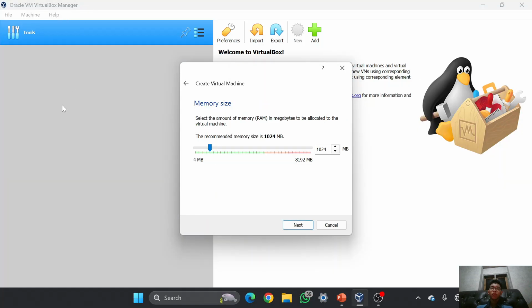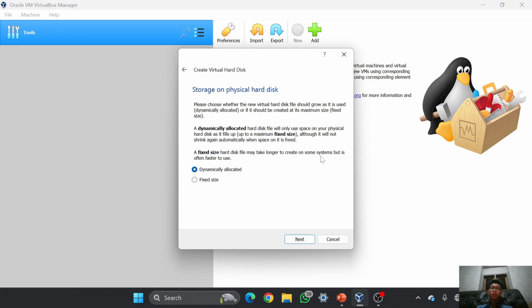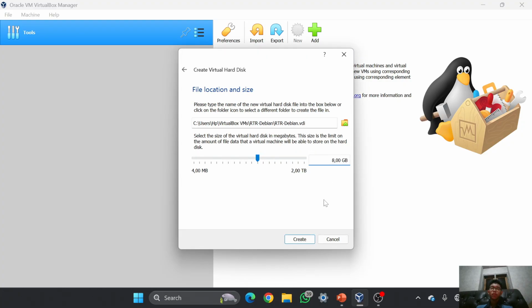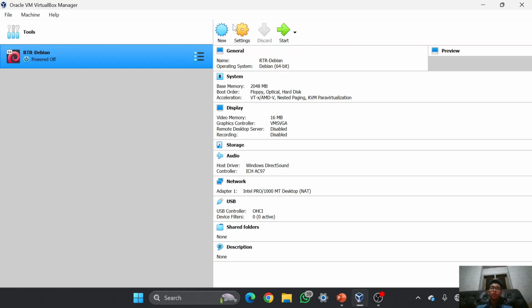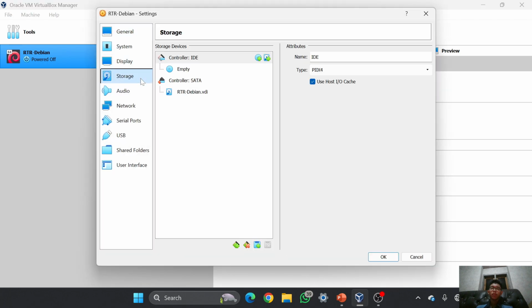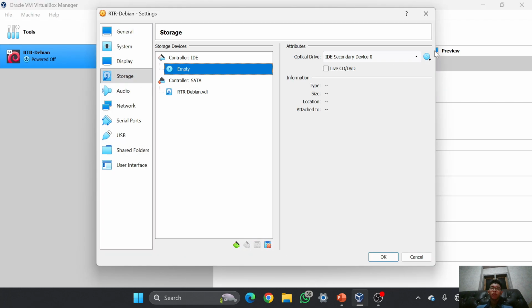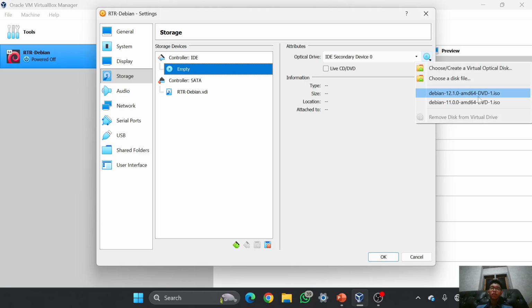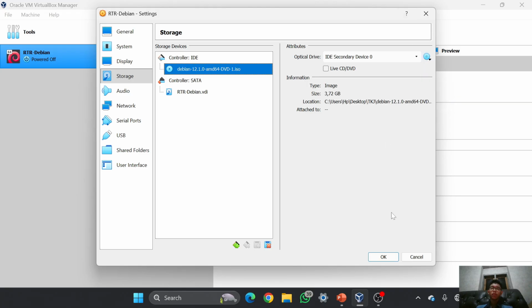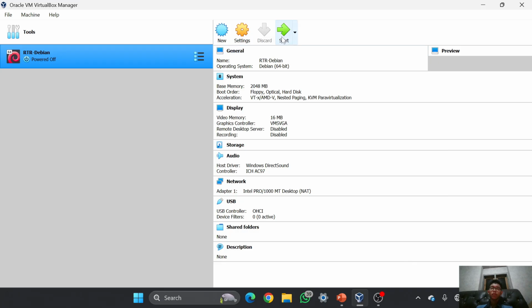And then next, and for the RAM I will use 2 GB. I think I will configure it later. And then next again, and for the hard disk I will use 15 GB, and enter. Here I will open the settings, and then storage, and I will use the Debian 12 ISO, and then OK, then you can run it.